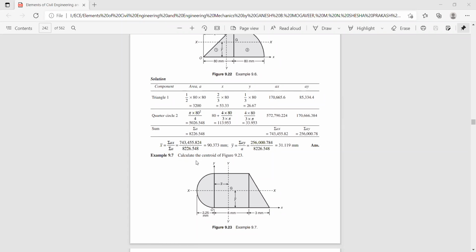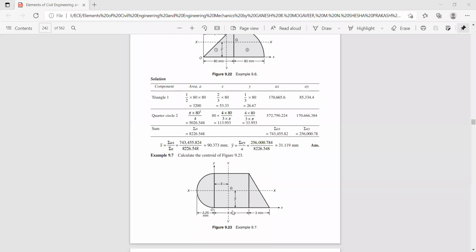Normally we take the y axis which touches the extreme left of this figure and the bottommost point of the figure. But in this case, you have been asked to find the center with respect to the x and y axis, because the semicircle is out of this. So now let us see how it works.